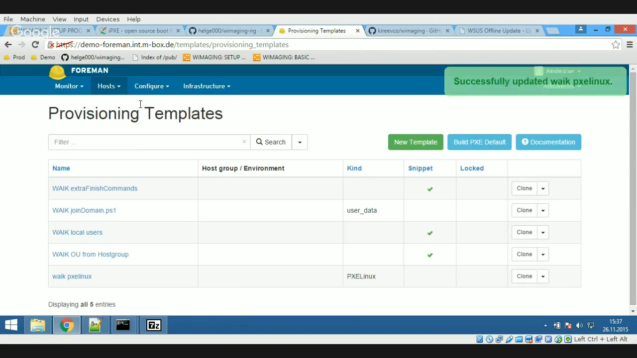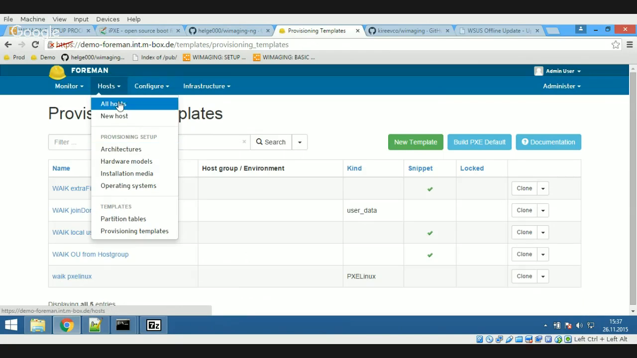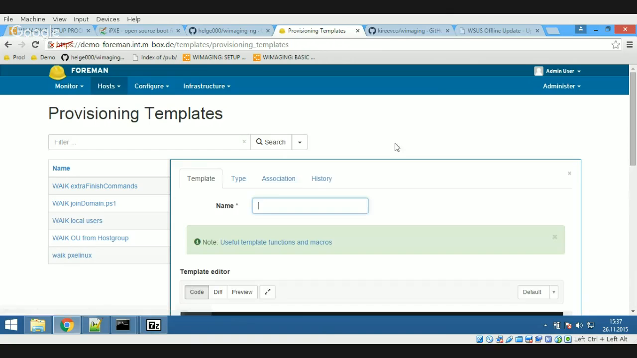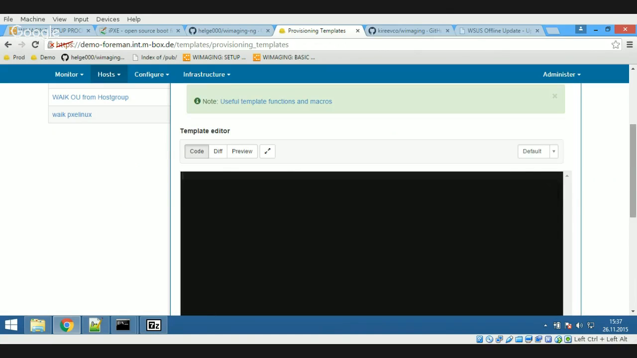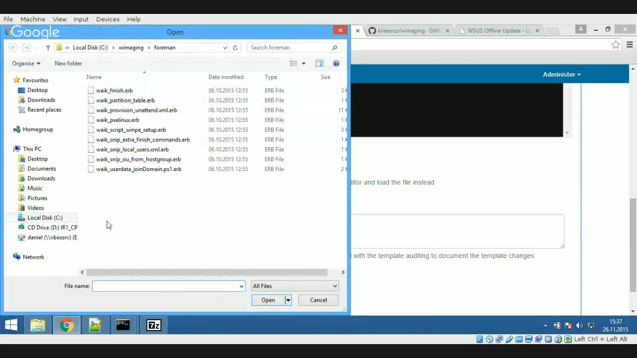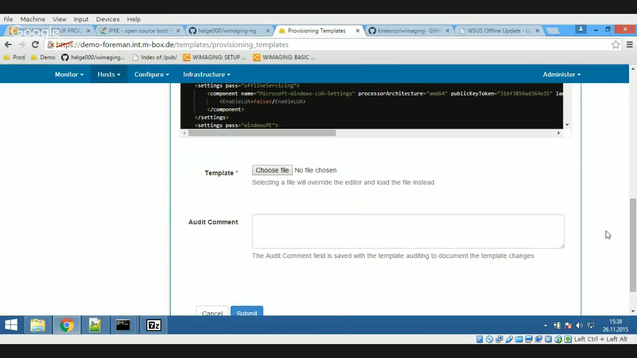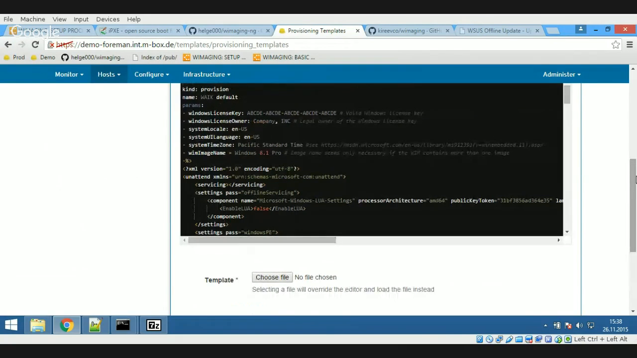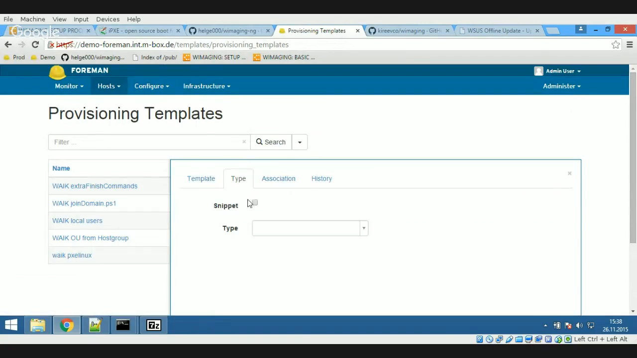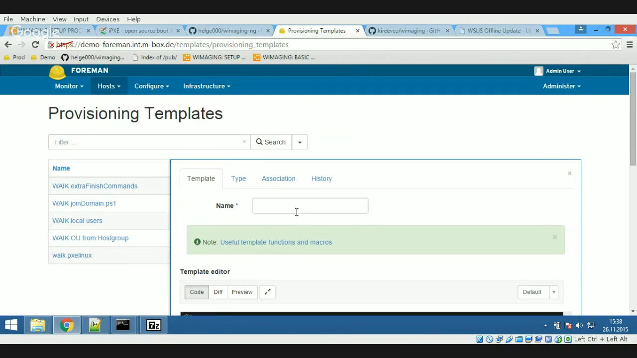Okay. I'll go on with the other stuff. The new one. Let's add our first new one. That's the provisioning template. Okay. This one is type provision. And I name it